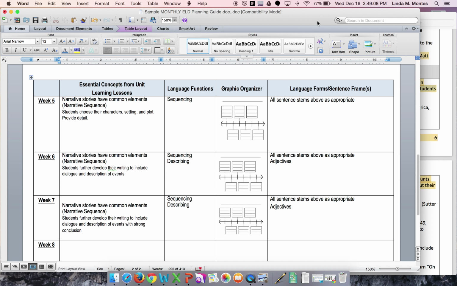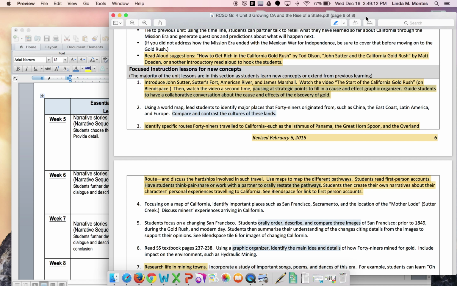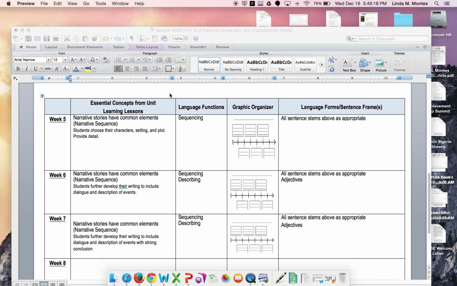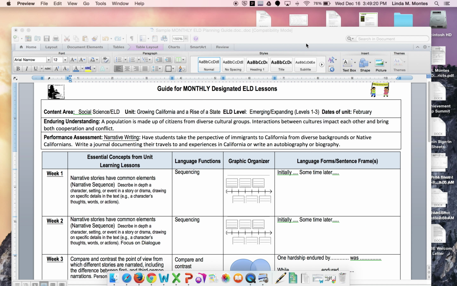Okay, so what does that look like weekly? Because this is our monthly guide. So I took information from the monthly unit to create a designated ELD monthly outline for what I'm doing. So the next part